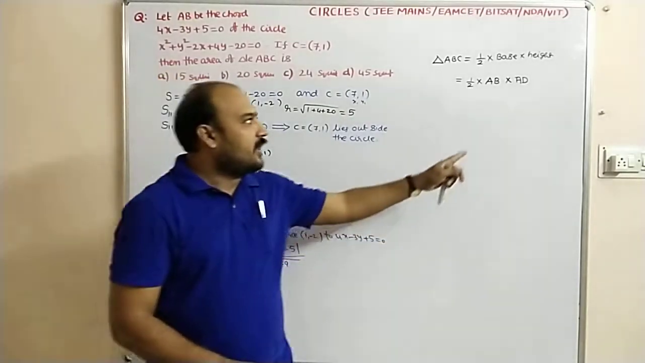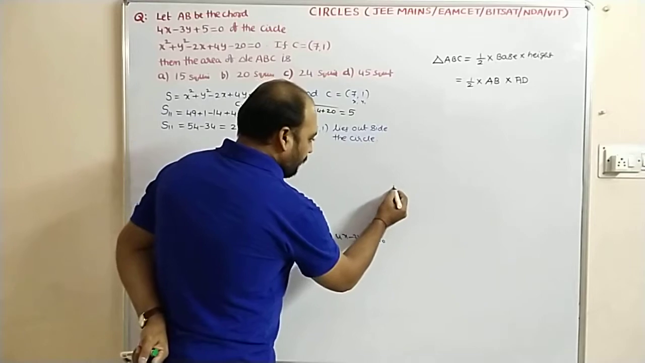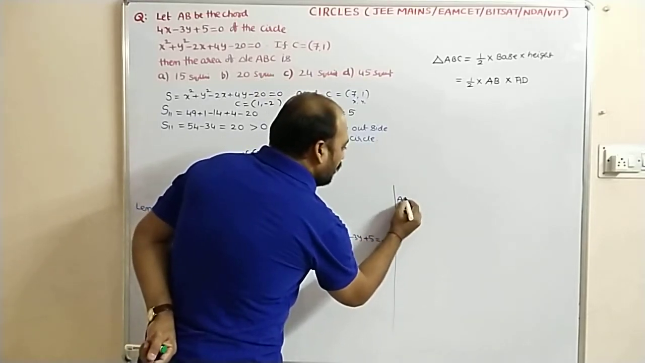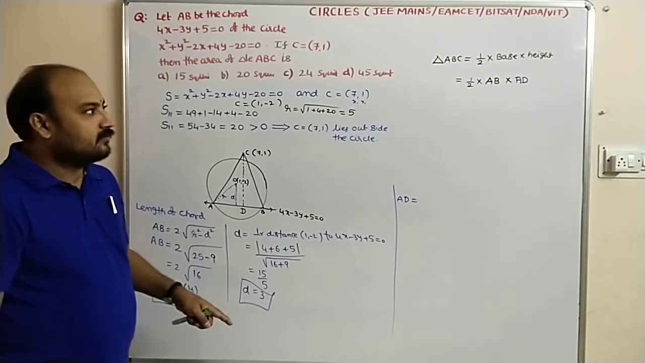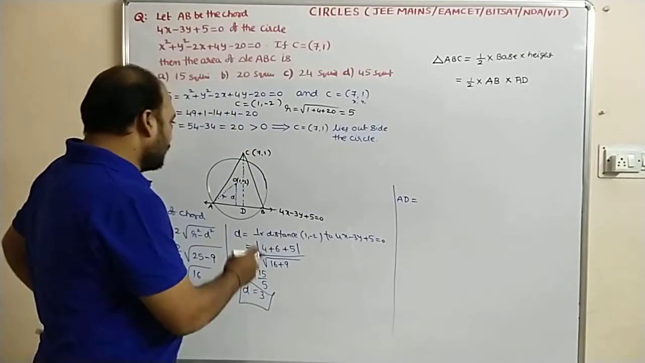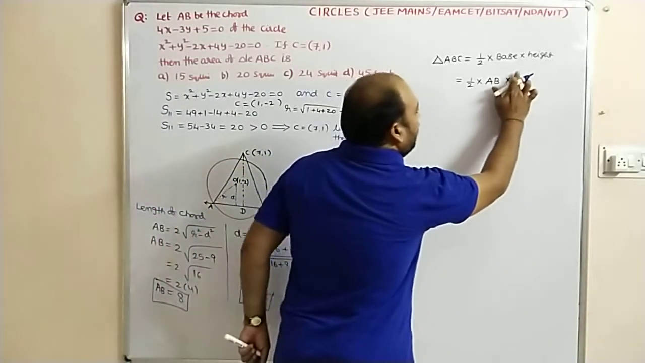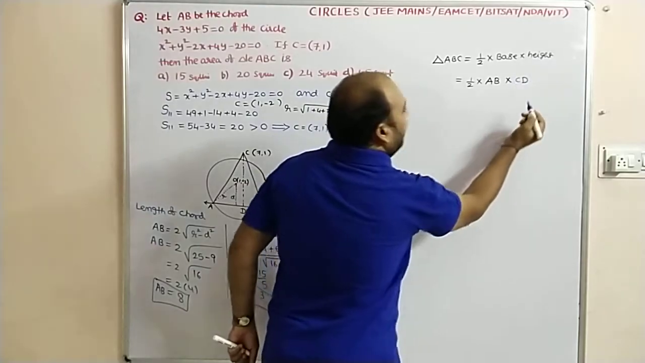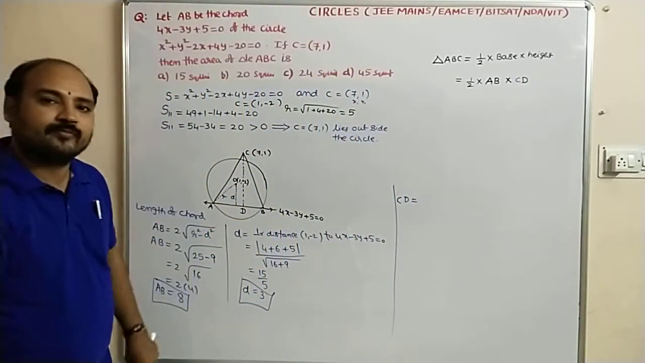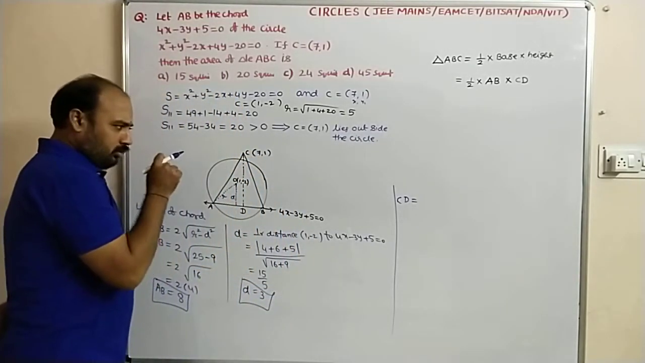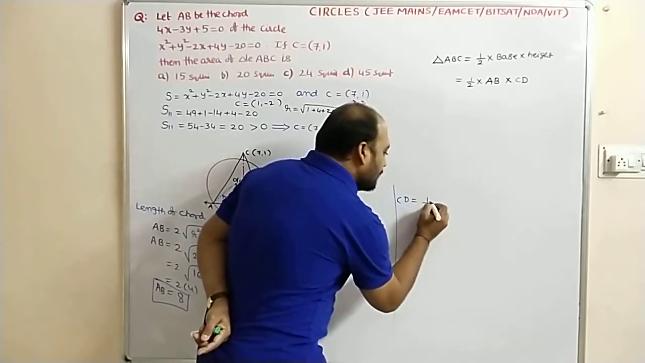Next, what value can we calculate? AD value we can calculate, so that also we will find out. AD means what? Perpendicular distance. So not AD, it is CD. Even here also we have to change it. It is CD, from here to here. It is CD, the height of the triangle. CD is the perpendicular distance from